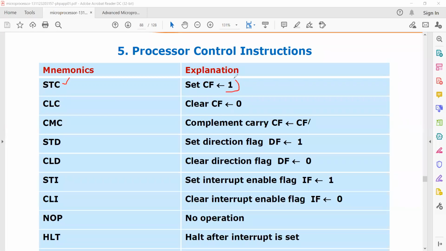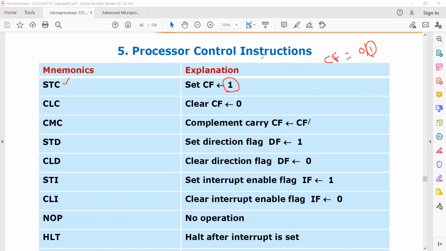Before writing this instruction, whatever the carry flag value may be, either 0 or 1, after writing this instruction the carry flag will always be set to 1. That is the meaning of STC. When you write STC, the carry flag value will get set to 1.